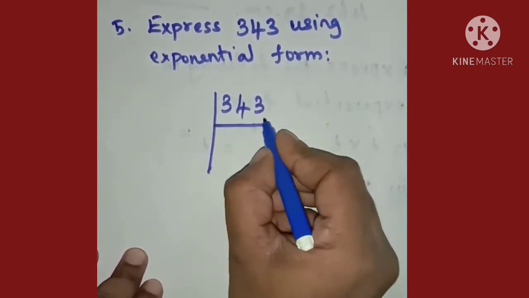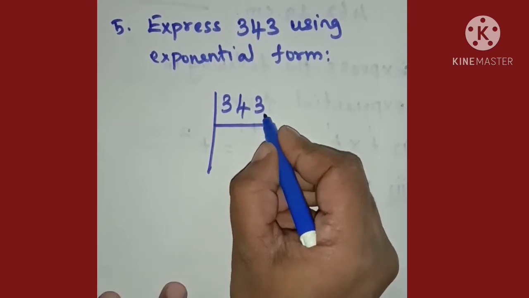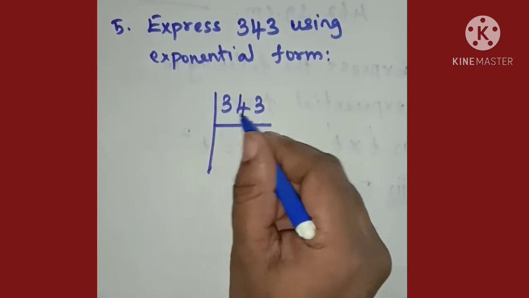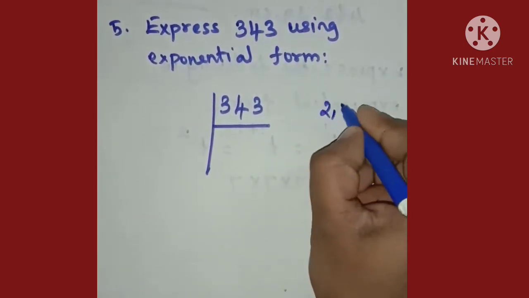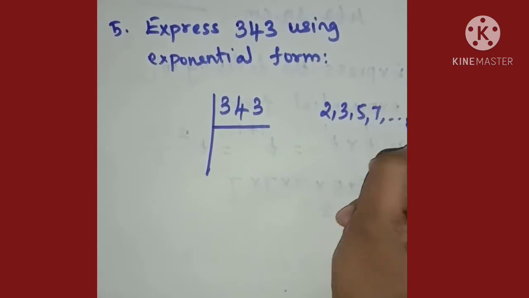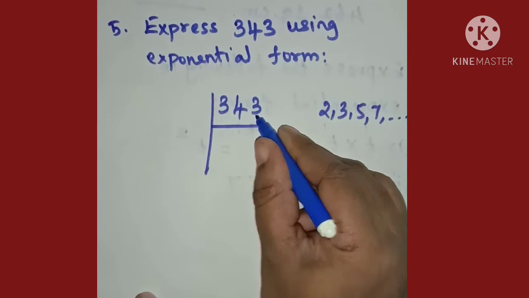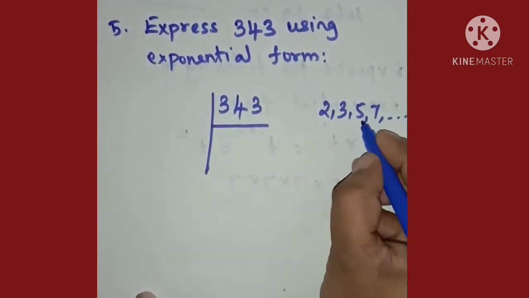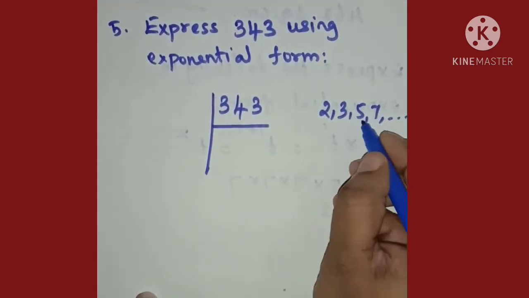So now here the last digit is an odd number, which is 3, and here 3 we can take 3, but it is not divisible by this number 343. So 2, 3, 5, 7 are the prime factors. We can't take 2 because it is an odd number. So 3 is also not divisible by the number, and 5, if the number ends with 5 we can take 5, so we can't take 5.